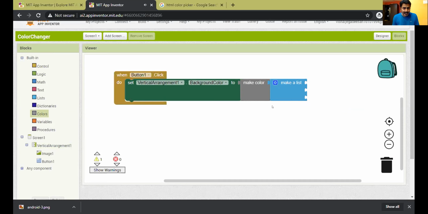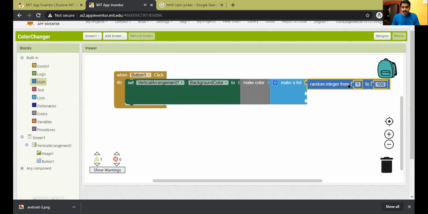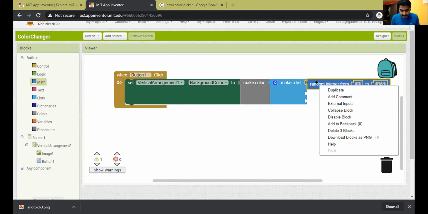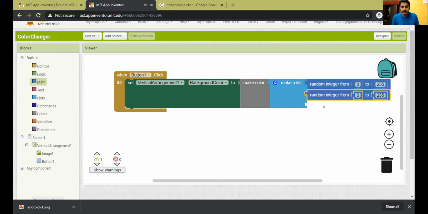I'm going to use three values, and these values are going to be generated randomly on their own. I'm not going to feed any numbers. Between 0 and 255, it is going to occur randomly. Fine. So there is a function inside math known as random integer. So random from 0 to 255, and this is for R. Then you can right click on this, and there will be an option known as duplicate. So duplicate it and attach it. Once again I do that: right click, duplicate, attach.